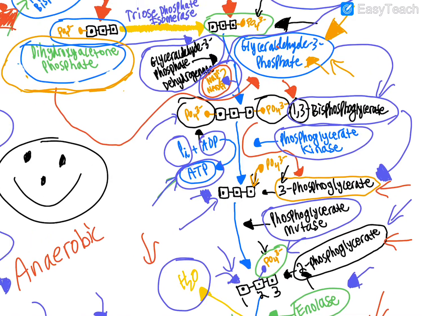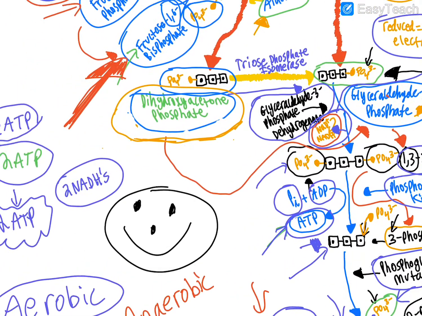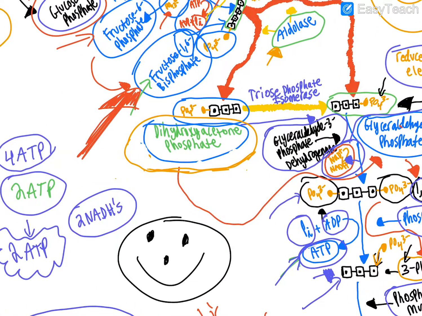What about dihydroxyacetone phosphate, right? We can't just leave this out of the party, right? Dihydroxyacetone phosphate can't go from dihydroxyacetone phosphate into 1,3-bisphosphoglycerate like glyceraldehyde 3-phosphate can. It has to get converted to glyceraldehyde 3-phosphate first. And then again, all the reactions that we saw here will happen again because of dihydroxyacetone phosphate being converted to glyceraldehyde 3-phosphate. When dihydroxyacetone phosphate gets converted to glyceraldehyde 3-phosphate, we use the triose phosphate isomerase enzyme